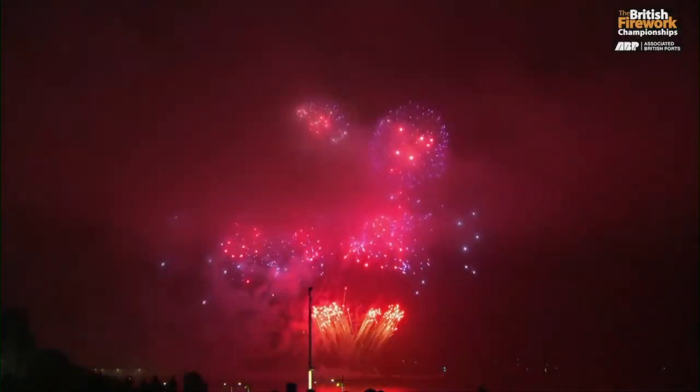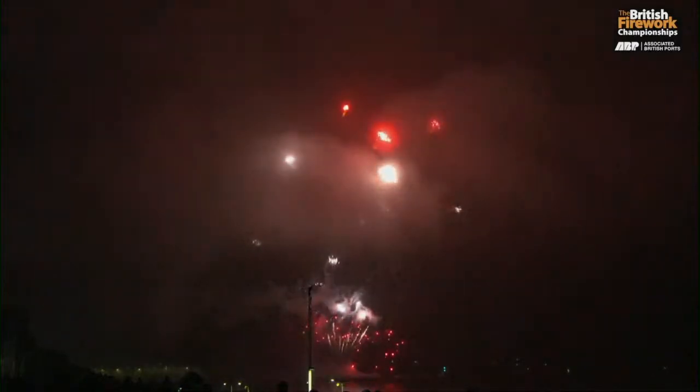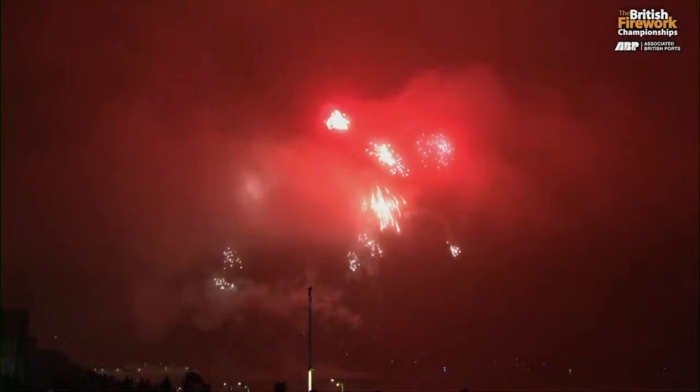Yeah, one of the things that I find so interesting about this particular display team is the biography that they submitted to the British Firework Championships. They said that none of their members are full-time. They have other jobs, and then they come together to do this because they just love the pyrotechnics, the firework industry. Yeah, I think it's really good. We're probably going to find it's exactly the same situation with Team 3 tonight when we go down to them. I think that people like that really put in a lot of dedication. They've put in, clearly, a huge amount of effort into designing this show. So, yeah, I think it doesn't surprise me that they've produced a show like this,